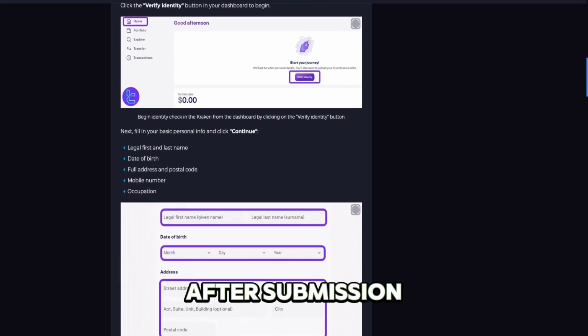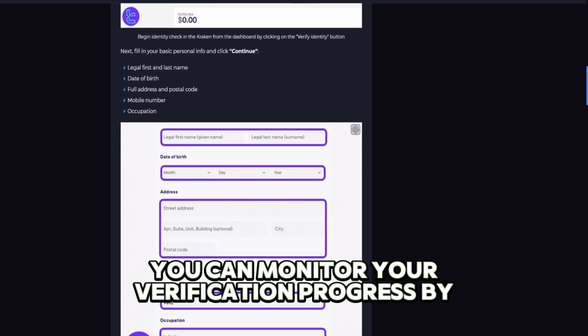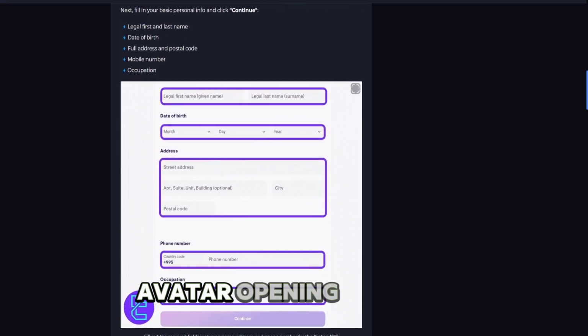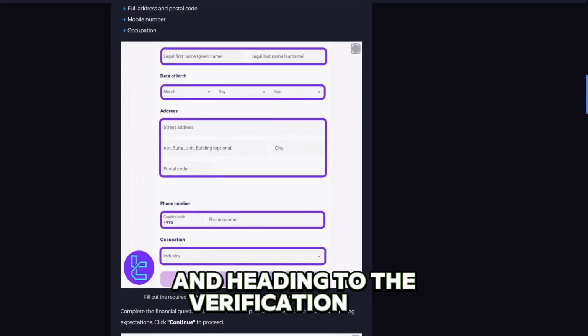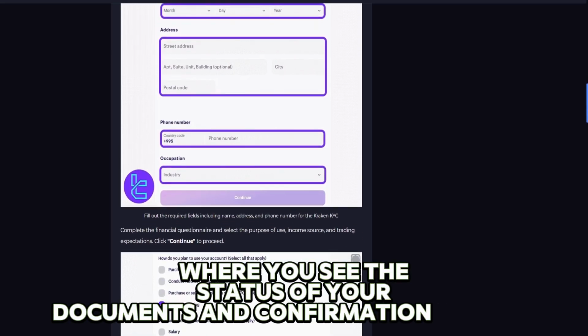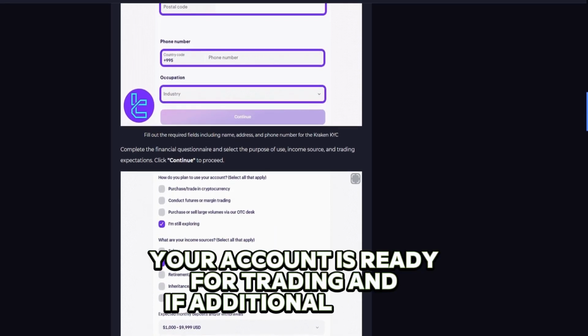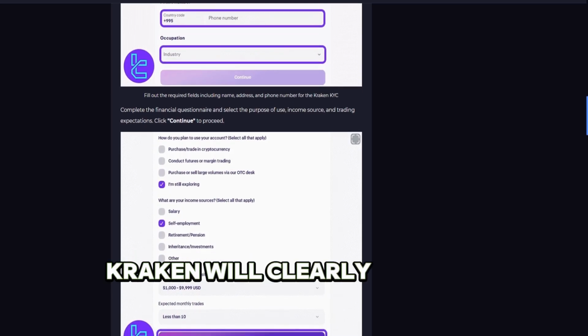After submission, you can monitor your verification progress by clicking your profile avatar, opening settings, and heading to the verification tab, where you see the status of your documents and confirmation results. If approved, your account is ready for trading, and if additional action is needed, Kraken will clearly indicate what needs